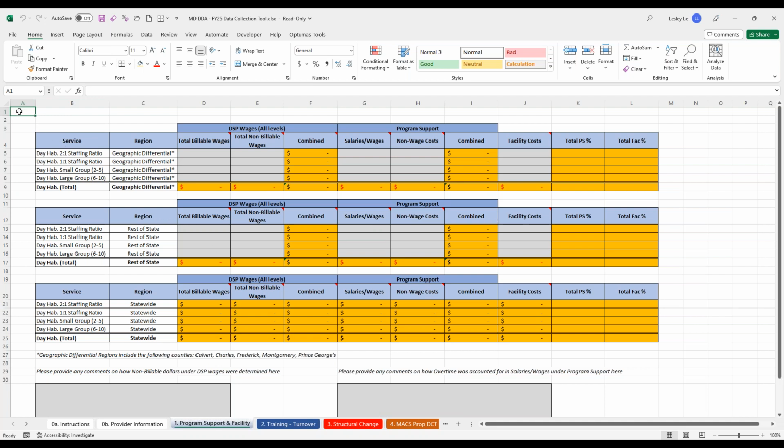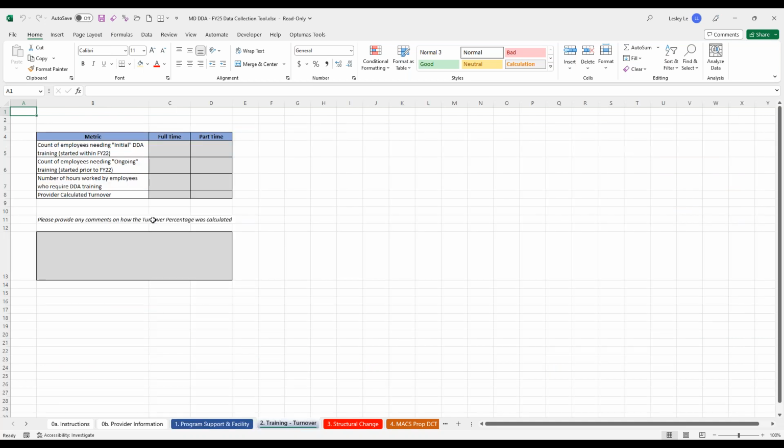However, we've worked to make sure that all of the definitions are as consistent as possible with it, to make sure that we collect the same data moving forward. Then we have on the next tab the training and turnover, where we're looking at just the count of employees who need the training that started in fiscal year 22, count of employees who need ongoing training that were already employed prior to fiscal year 22, and then the number of hours worked by DSPs, essentially, who needed the training.